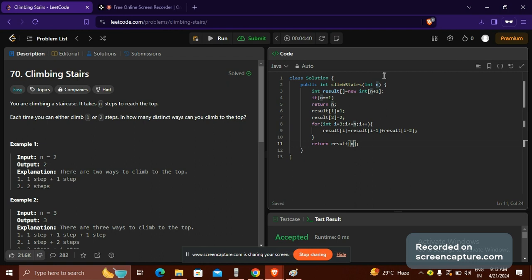Let's understand this better through an example. Let's say n is equal to 5. In that case it doesn't enter into the if condition, as the n value is 5. It only enters into the for loop. First it will start from i is equal to 3, with i less than or equal to 5, and it will add result of i minus 1 plus result of i minus 2, which is result of 2 plus result of 1, which will be equal to 3. So it adds the consecutive terms